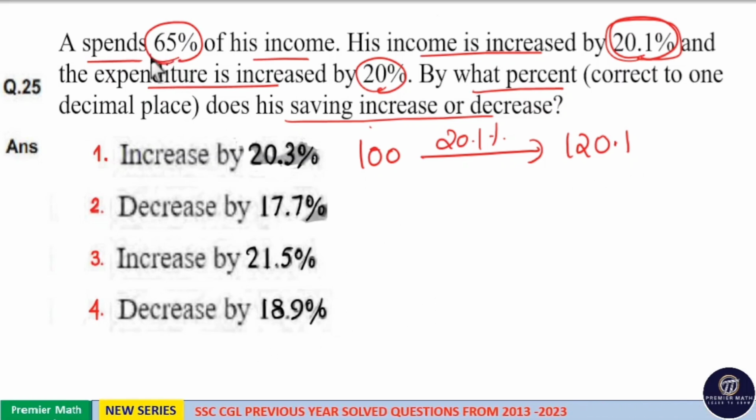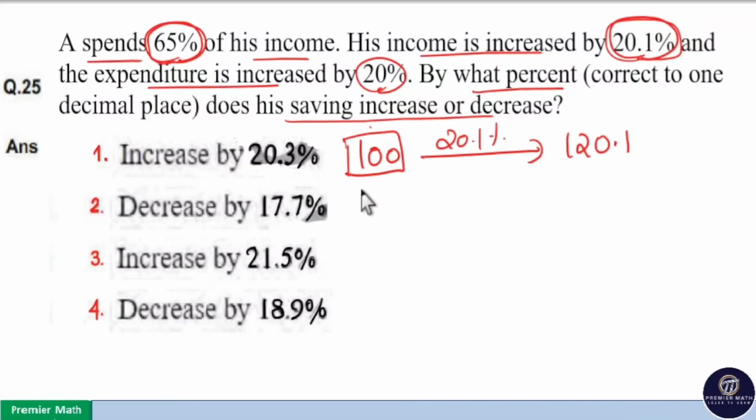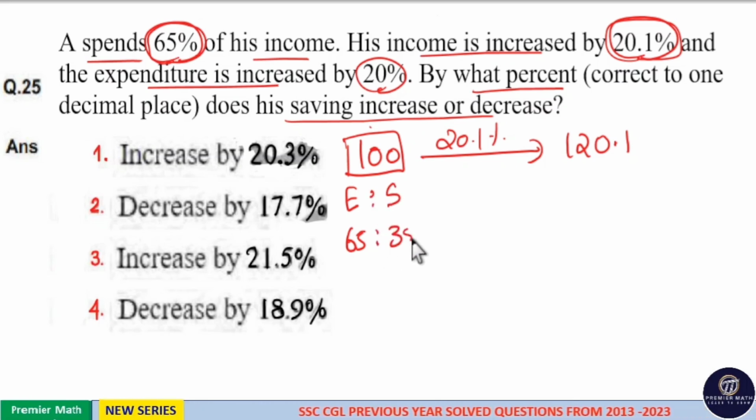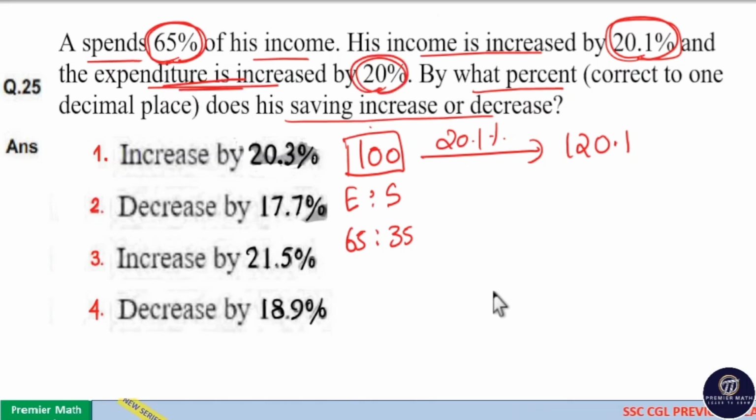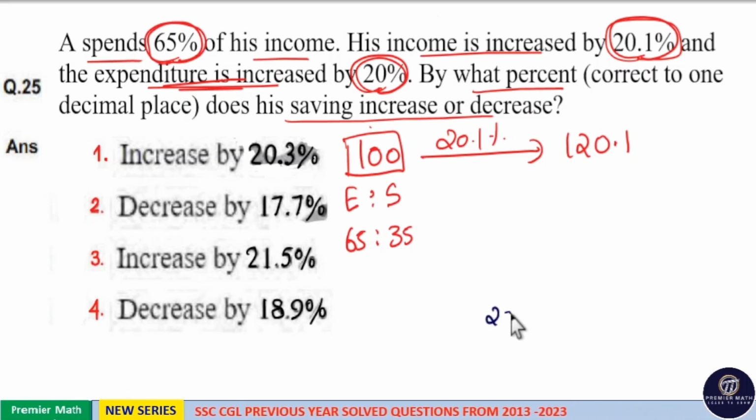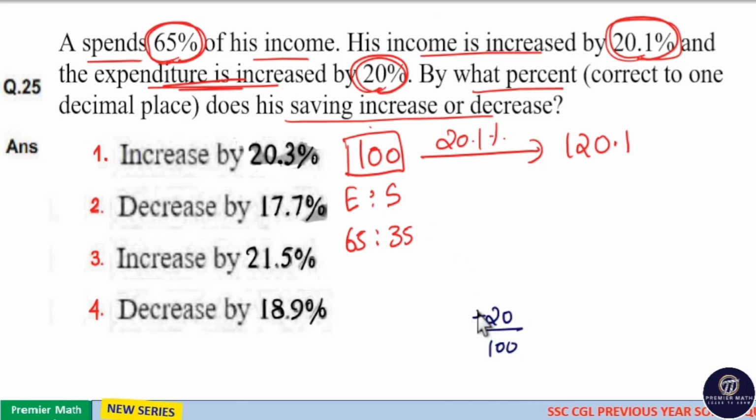Now, initially, he spent 65% of his income. Initially, his income was 100 rupees. Out of this 100, his expenditure was 65 rupees. Then, the remaining 35 rupees is his savings. Now, expenditure also increased by 20%. 20% is the increment. Increment means plus. So, 20 by 100 means 1 by 5. So, plus 1 by 5 means if 5 parts is the initial expenditure, 5 plus 1, 6 parts is the